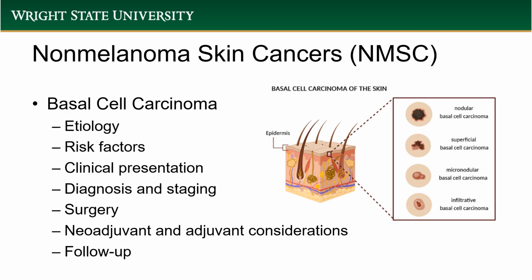pathway. Some common risk factors are intense or intermittent sun exposure, fair complexion, immunosuppression, chemical exposure such as arsenic or tobacco or tar, exposure to ionizing radiation, and personal or family history of skin cancer. There are some genetic syndromes that predispose people to skin cancers, including xeroderma pigmentosum, albinism, Muir-Torre syndrome, Fanconi anemia, etc.,